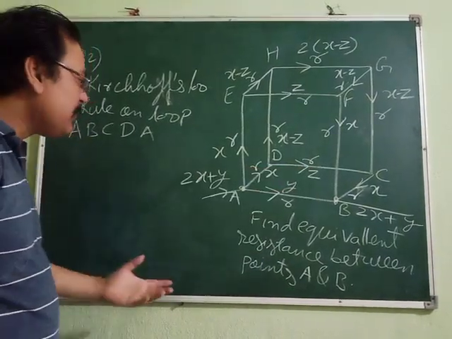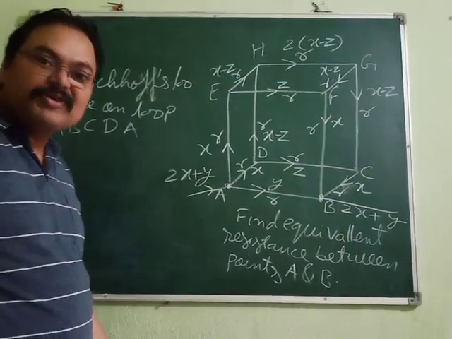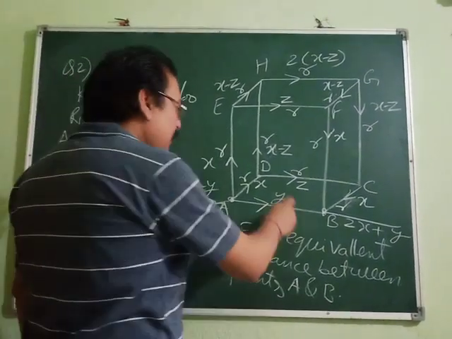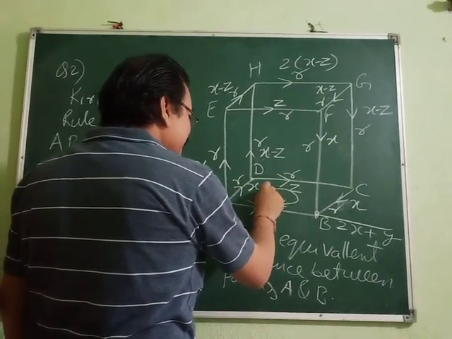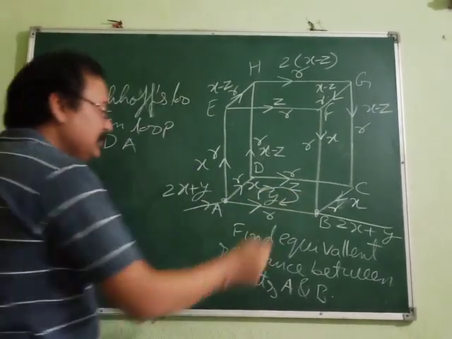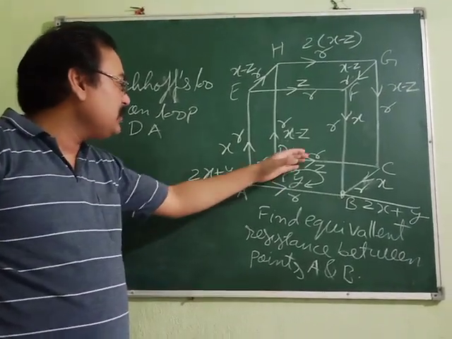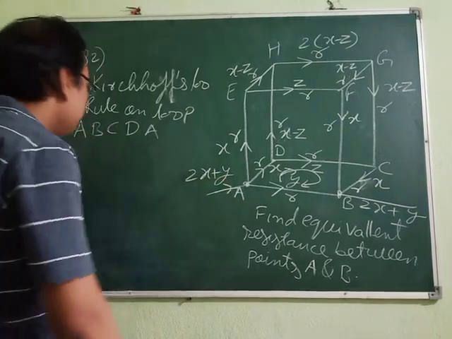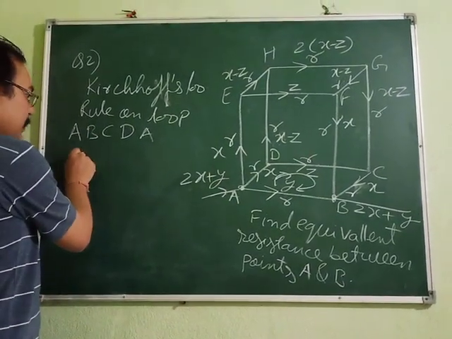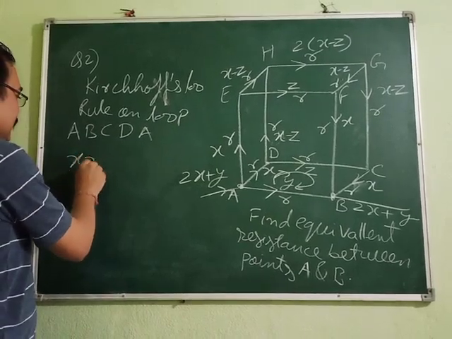Okay, let's apply. See, first we have to move. Do you want to move clockwise or anti-clockwise? Okay, clockwise. So we are going to move like this. Now what will happen? See, while passing like this, we are going like this and current is also going in the same direction. So potential drop is positive. So what do we get? Current is X and resistance is R.